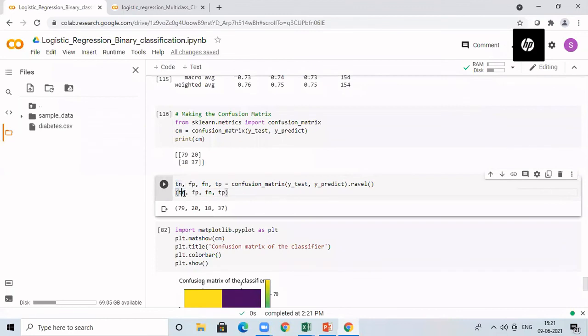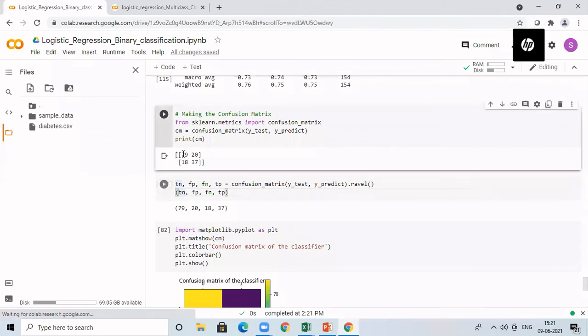I am printing TN. TN is nothing but true negative. True negative stands for: originally it is 0, it is also predicted as 0. So 79 is nothing but TN. And if you consider 20, it is in row 0.